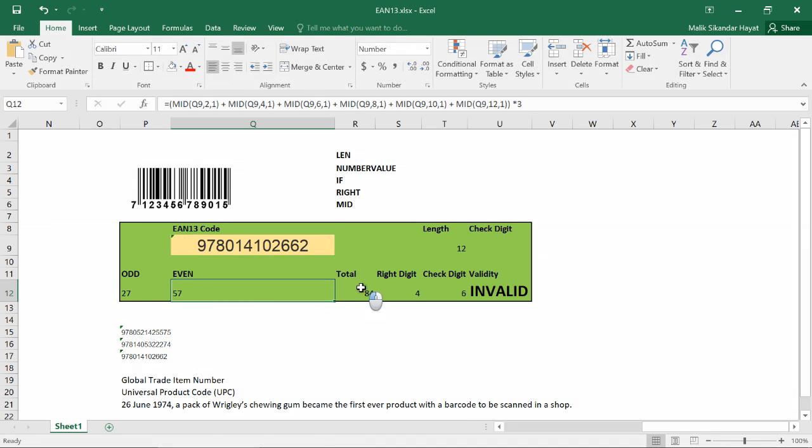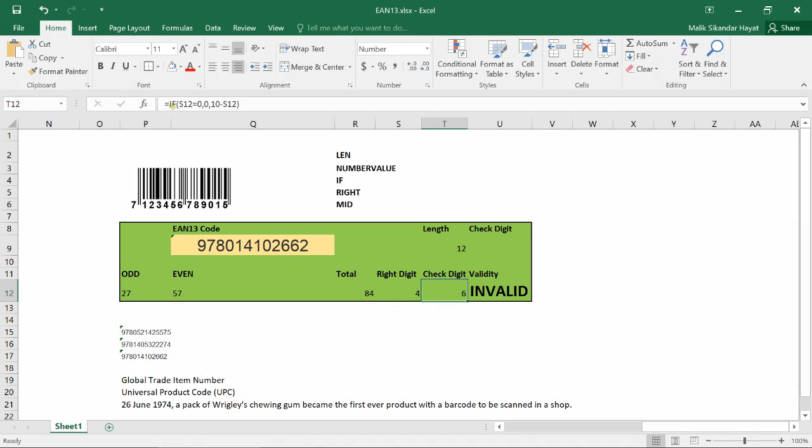Then I made a total over here of these two, if you see here, right? Okay, so the right digit. I took the right digit of this total, which is 4, right? If you see here, I used this function RIGHT of R12, only one digit from the right side. So it was giving only 4. Okay, check digit.